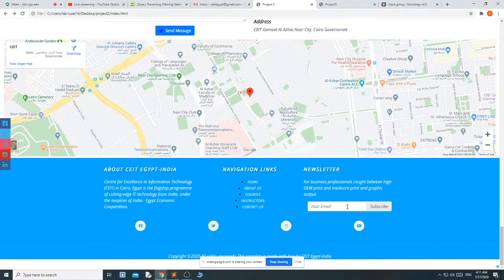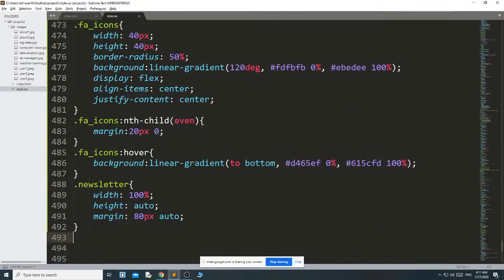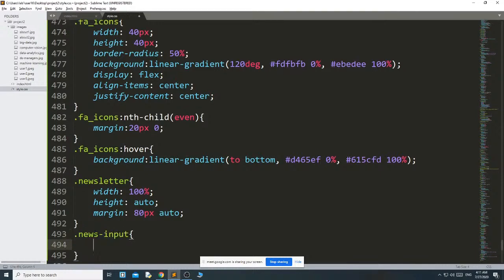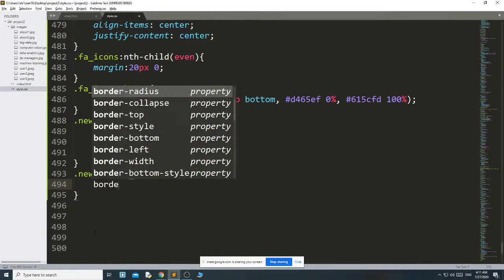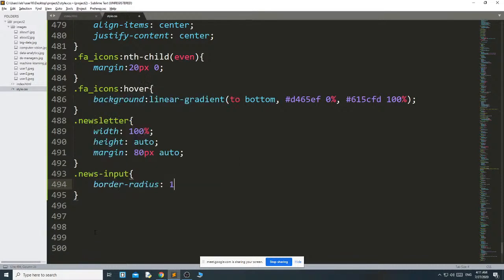Then these two things, this input group and this one. The first one is dot news input. In news input, first the border radius, I want it rounded like a circle, that's why I give the border radius on the four sides. You just check whether you are writing the correct spelling or not.